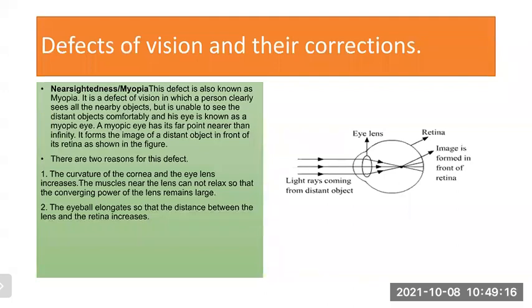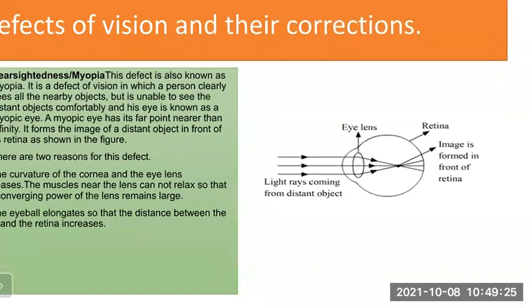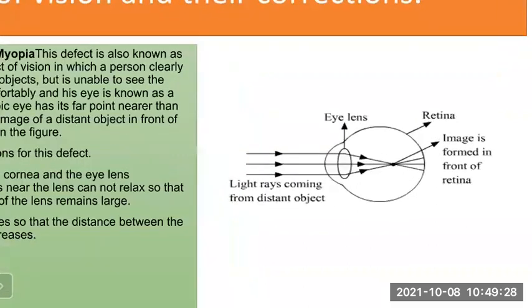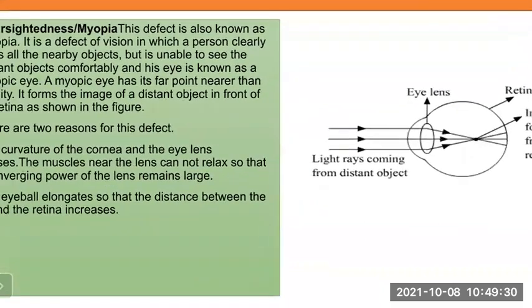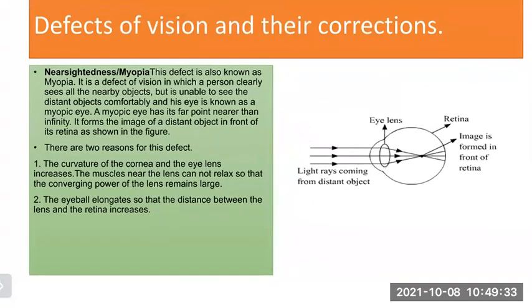Got it? And the second thing, the eyeball elongates. Okay, see the shape of the eyeball. Here you can see this ray diagram. The eyeball elongates, and therefore what happens? The distance between the lens and the retina increases. So here you can clearly see in the picture the distance between the lens and the retina has increased. So what has happened over there? If you see the ray diagram, the light coming from the distant object, when it passes through the eye lens,